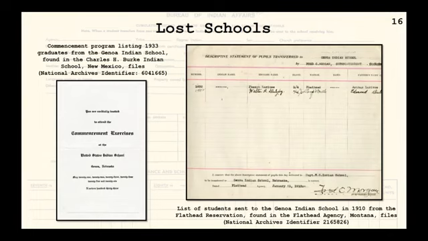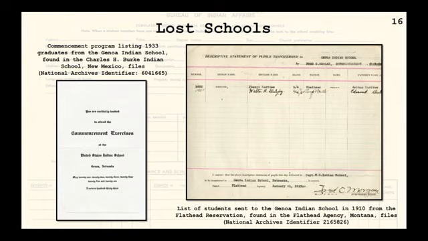lost schools, or at least that's what I call them. As I mentioned before, non-reservation schools were sort of their own little island, reporting directly to DC. The rule of thumb I seem to have found is that if they closed before World War II, the records of the school were often not saved. What remains is a spattering in various general BIA files. Some agencies at different time periods, like the Navajo Agency and the Wind River Agency, compiled student case files from all types of schools across the country of all reservation children.